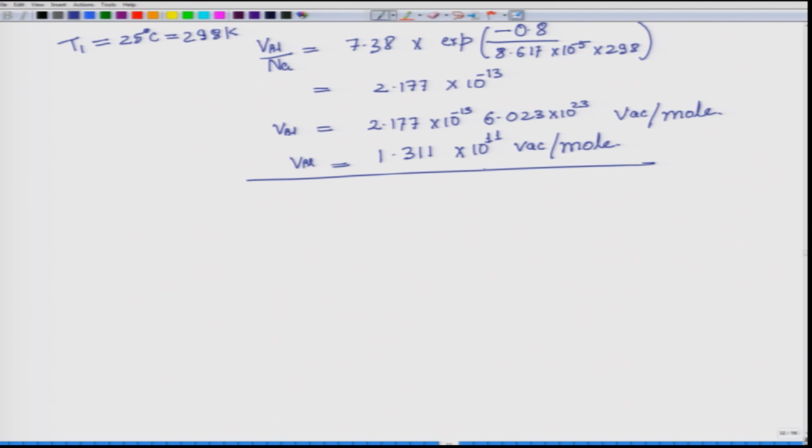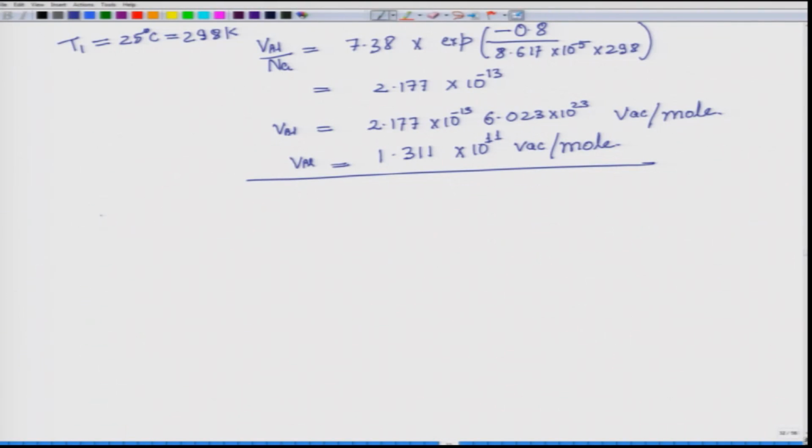Now, this looks like a very large number, but you have to note that it is per unit mole, and a mole is 6.023 into 10 to the power 23. So, if you look at it in terms of fraction, it is 10 to the power minus 12 fraction, that is, for each 10 to the power 12 atoms there is one vacancy. So, this is a very small quantity. Now, let us do this calculation for